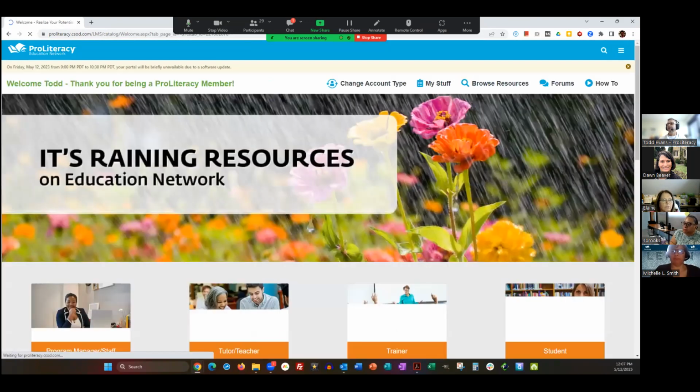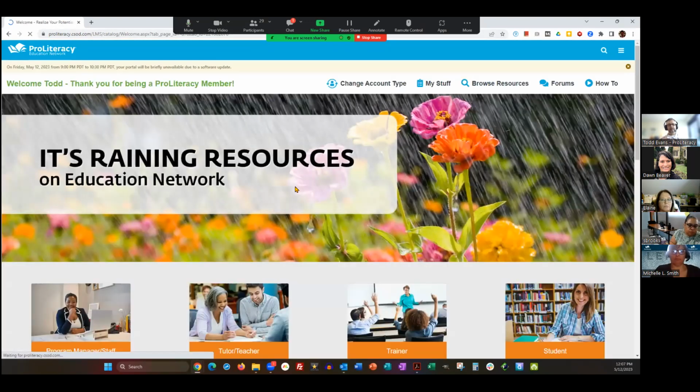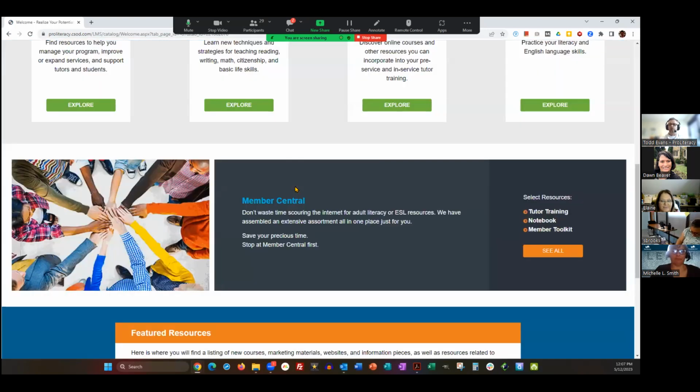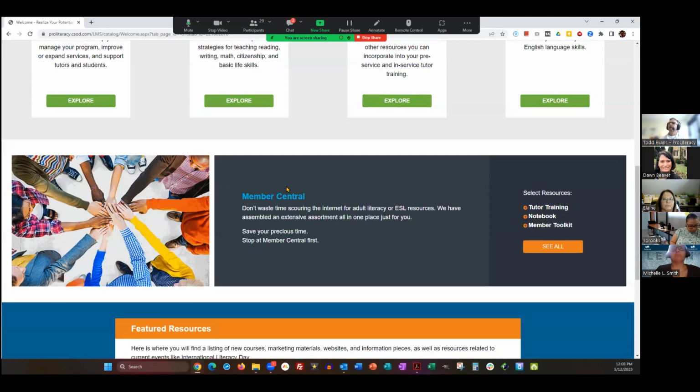The next section is our Member Central area. This is where we house all of our membership resources, like our Notebook. If you're a member of ProLiteracy, you get Notebook, which is a great resource sent to you about three times a year. We have archives of all those Notebook resources. It's where your tutors and teachers can access our basic literacy and ESL tutor training for free. We can talk a little more about that and other membership benefits. And then down at the bottom,